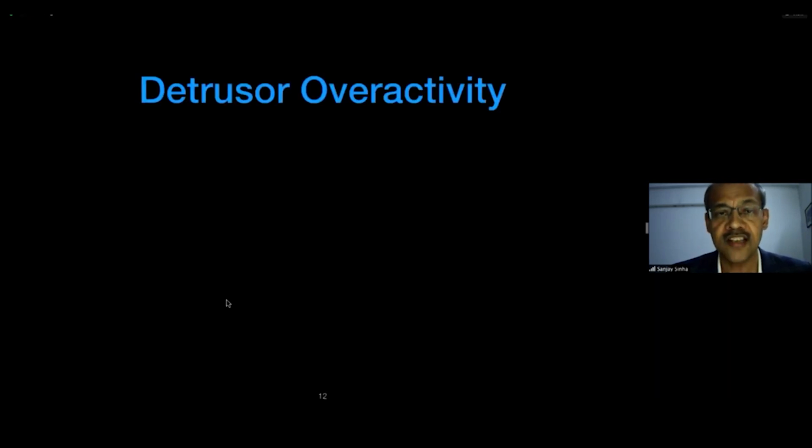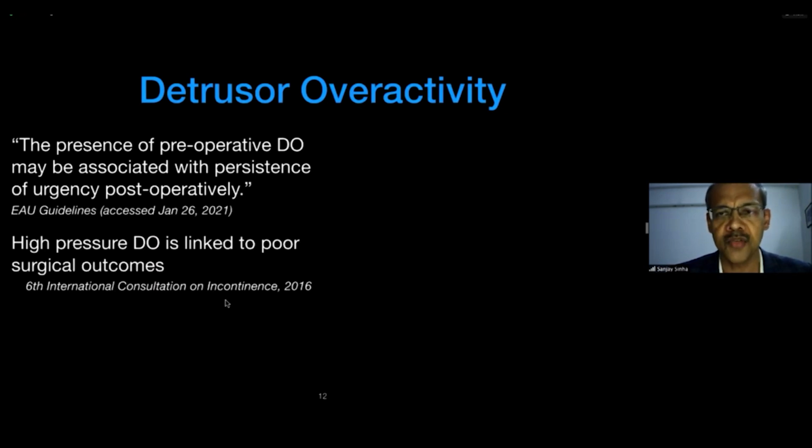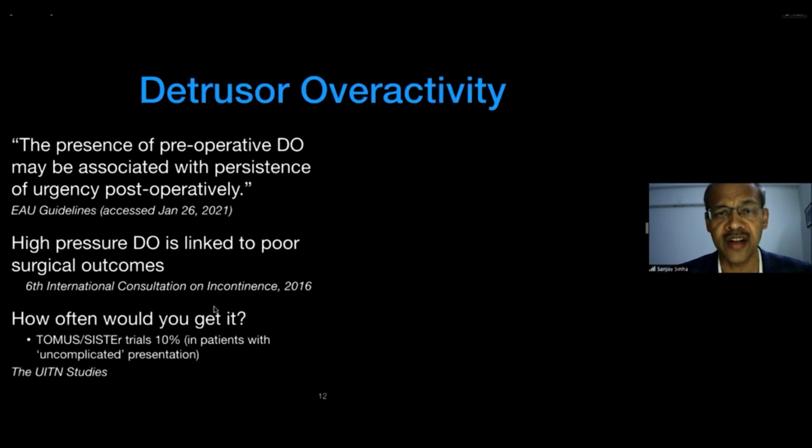Now, what other findings could you find? You could get detrusor overactivity. And we know that preoperative detrusor overactivity may be associated with persistence of urgency postoperatively. And in fact, high pressure detrusor overactivity may be detrimental in terms of outcomes, especially in terms of urge scores in these patients, which can be more bothersome to the patient than persistent stress incontinence. So the stress incontinence specific outcomes are not different, but patients may still not do as well because they've got